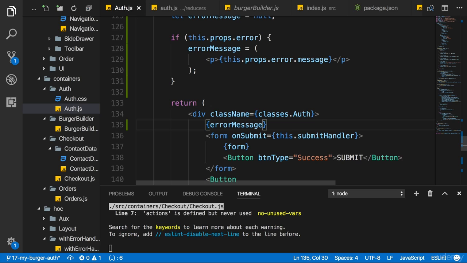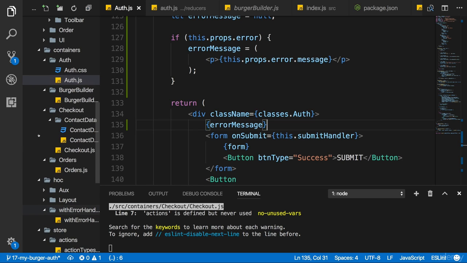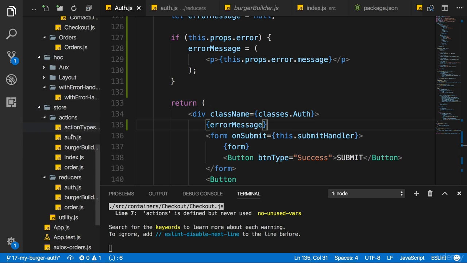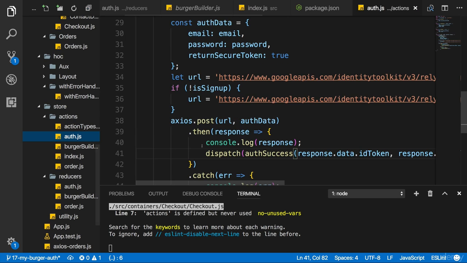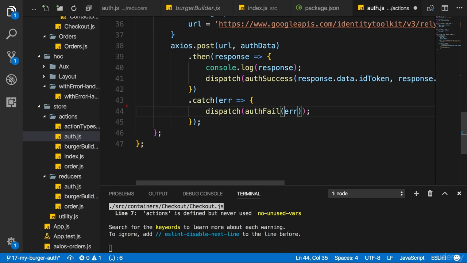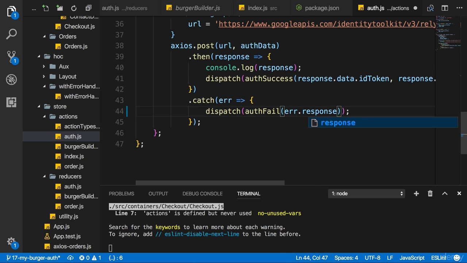And of course, we could give this more styling, make it red, whatever we want. Now, before we see something though, we have to ensure that we really store that error. So I have to go to my auth file in the actions folder, and we can access the error message, the error object we get back from Firebase on this error object here by accessing the original response,